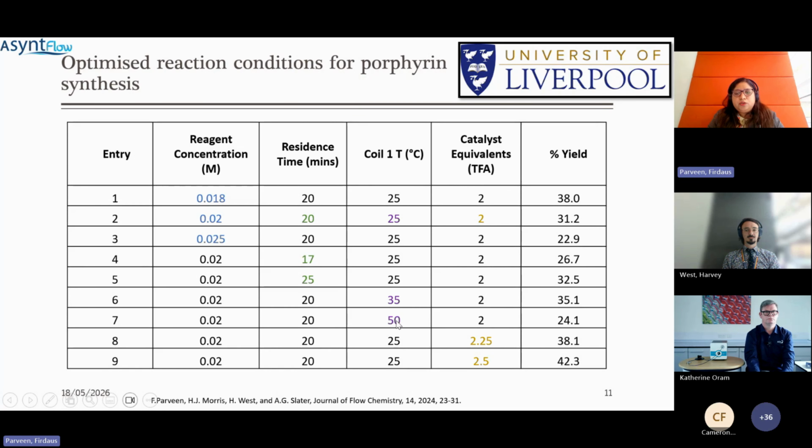But further increasing to 50 degrees, it further reduces the yield. That means at higher temperature, there might be chances of side reactions taking place as compared to the reaction going into the desired pathway. So we decided to stay at 25 degrees because there was not much difference between 31 and 35% yield of